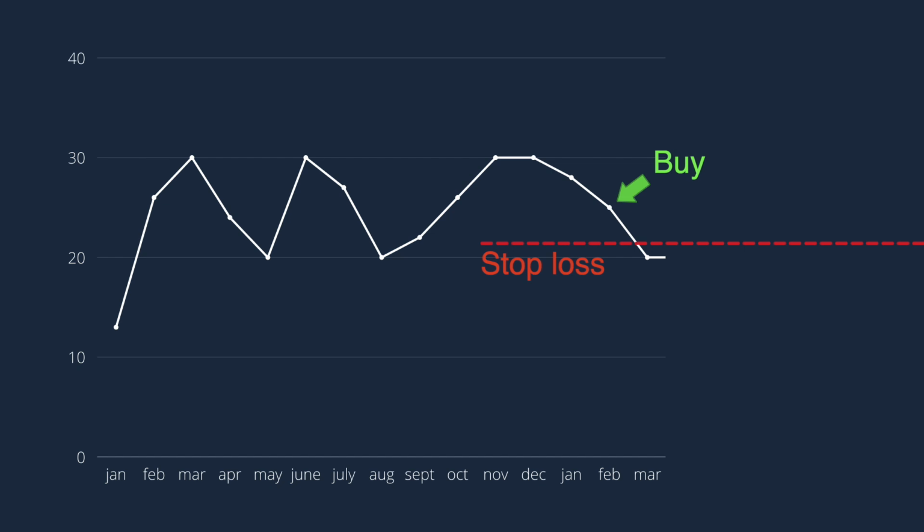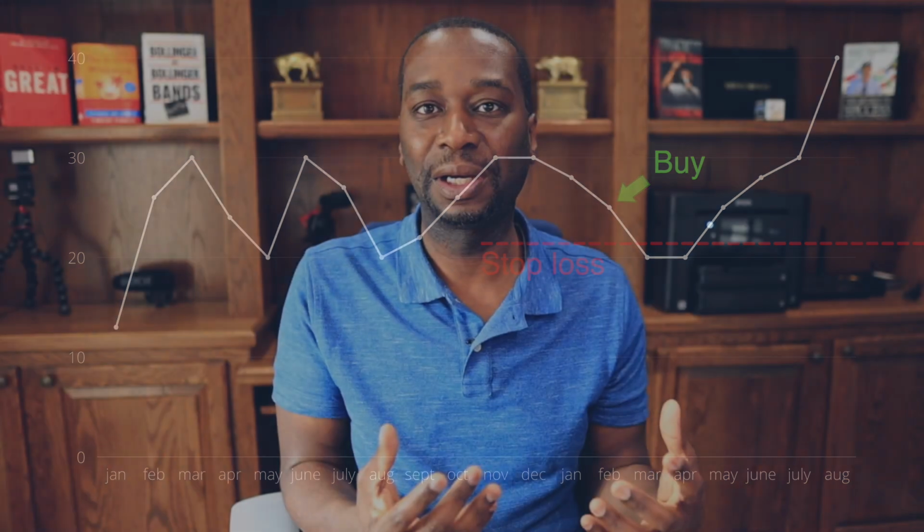But here's the problem. Even though you bought it at 25 and now it fell to 20 and it triggered your 25% stop loss and you're going to get out of the trade, the problem is now, because of this arbitrary 25% number, you're actually going to sell or close out the trade while the stock is at 20. And that's typically where the stock turns around and goes back higher. And so that can be the problem with setting a percentage based or a number based stop loss, is because